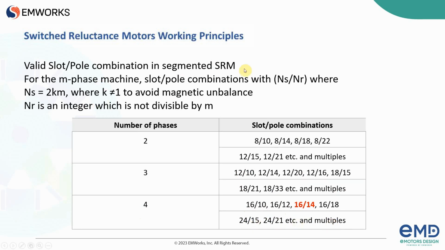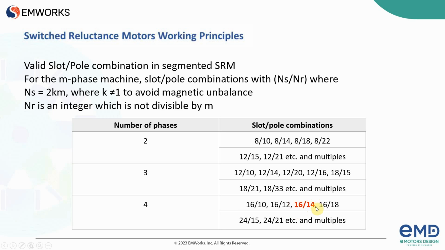The number of rotor poles should be an integer which is not divisible by m, the number of phases. For this webinar, we choose 16 poles for the stator and 14 poles for the rotor to simulate the segmented stator